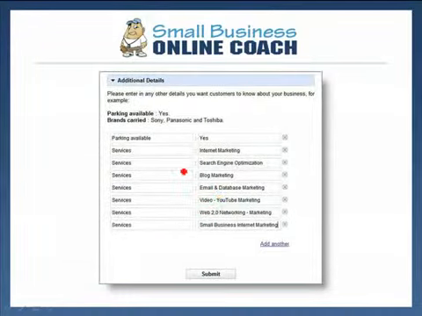Then you'll come in here, and I like to use this. This is where it says, the example, you go parking and then yes. So parking, yes, is something. But then I like to do something along this. It's like services. And then I like to start using my keywords.